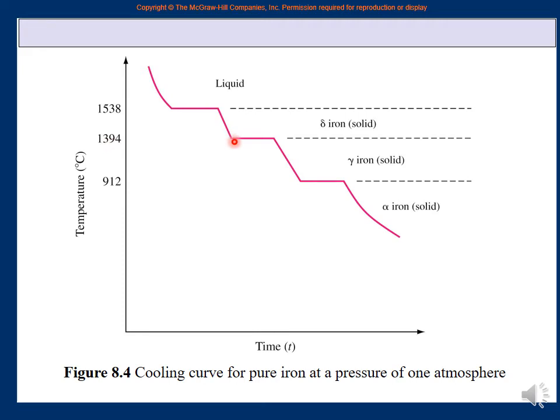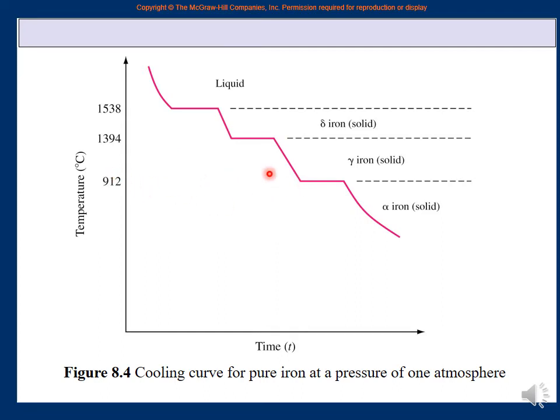At this temperature, the delta solid starts to turn into gamma solid. So now as more time goes on, more of the delta solid is changing into gamma solid. And it keeps on doing that until all of the delta has changed into gamma. Once you are here, it is purely gamma solid. Now, with more time, the temperature again starts to drop, because here it is only gamma, and goes until you hit